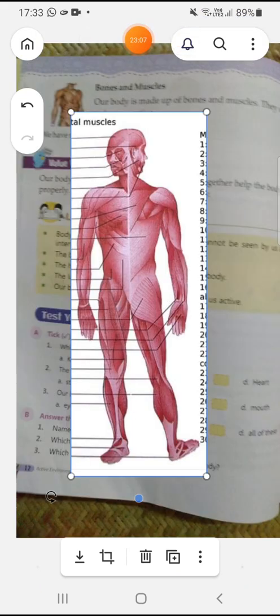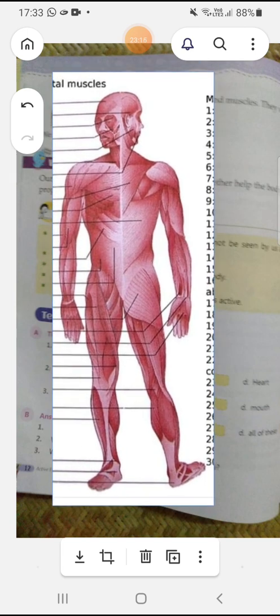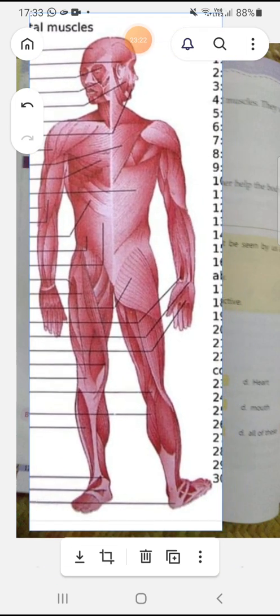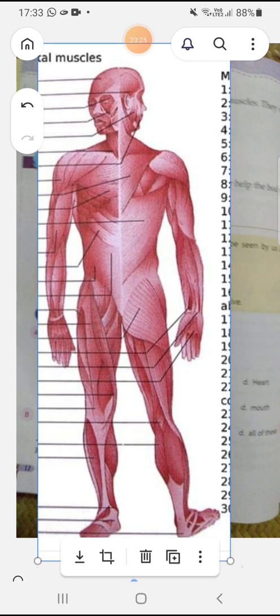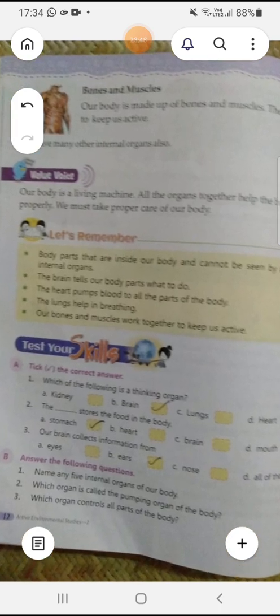See, students, on the bones, when muscles are added, these are the muscles. You can see the muscles. After the muscles are added, we look like this, and on that we have skin. So we cannot see the bones and muscles. Over the bones there are muscles, then on the muscles there is skin. That is why you cannot see the muscles and bones. So these are also internal parts of our body. Therefore, bones and muscles.